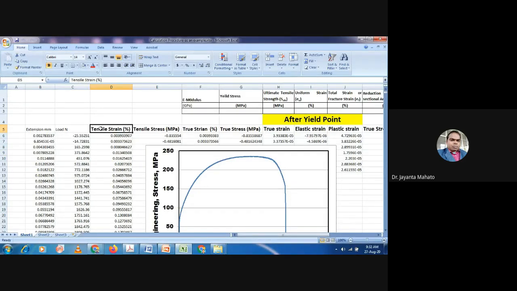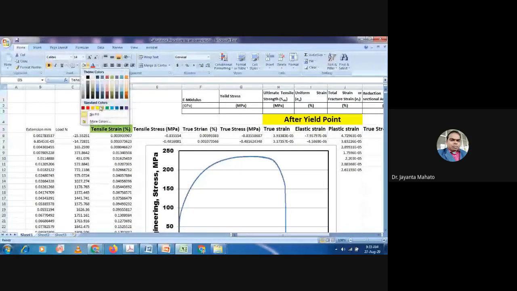Now you can calculate the tensile strain in percentage, which is the increment of strain with respect to the initial length. You can also get this tensile strain from the extensometer value. For a precision test for research purposes, you should always consider the tensile strain data from the extensometer. This is the tensile strain data obtained from the extensometer, in this selected column.